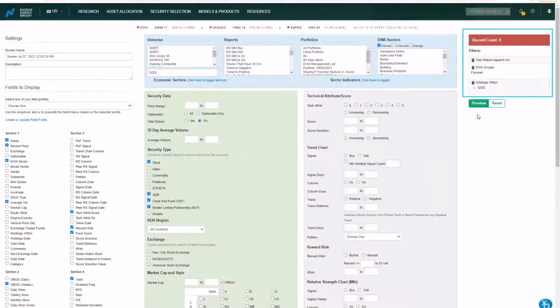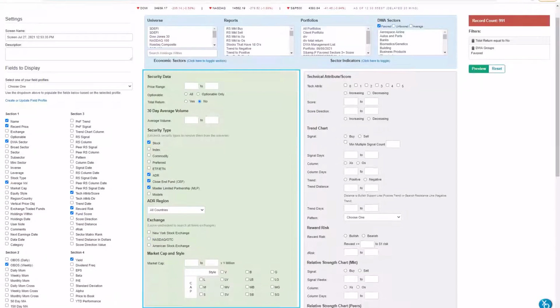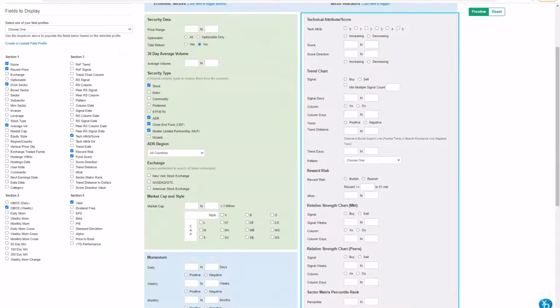As you add filters, you'll notice the record count of securities meeting your criteria start to fall. In order to remove a filter that you previously set, click the trash can icon. The green section of filters includes general security data and characteristics, such as price, volume, and size and style. The gray section includes many of our primary measures of a security's technical strength, such as its technical attribute score,